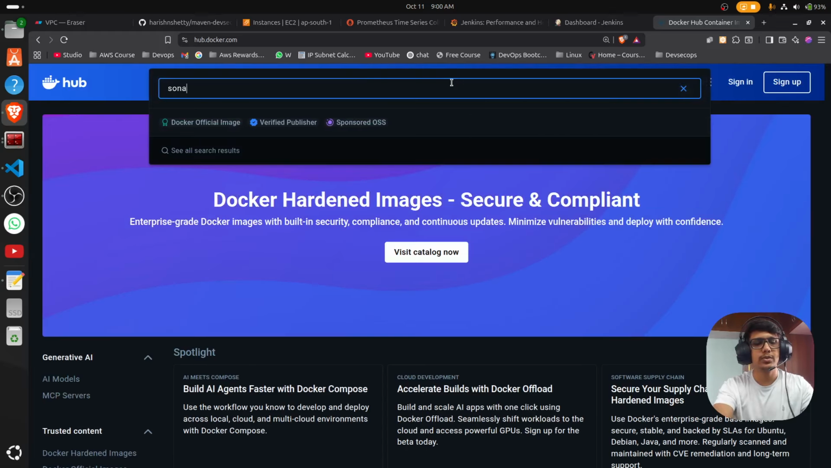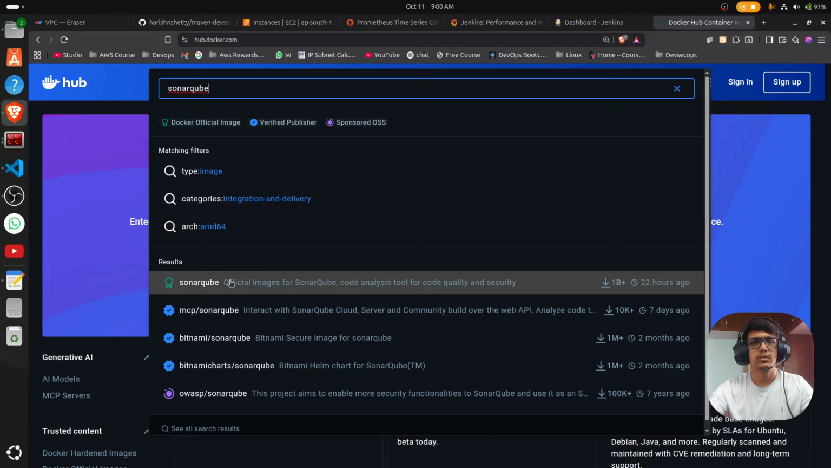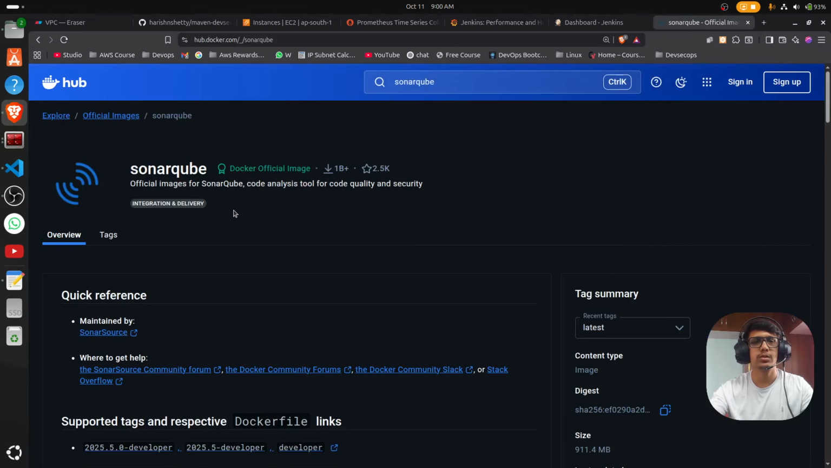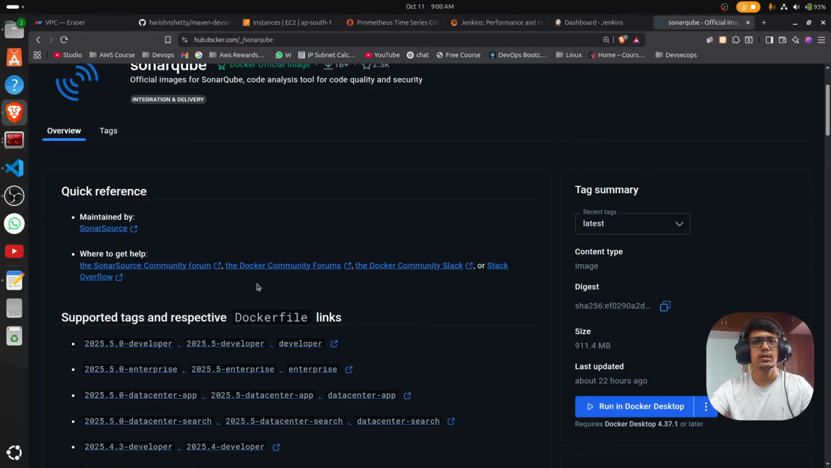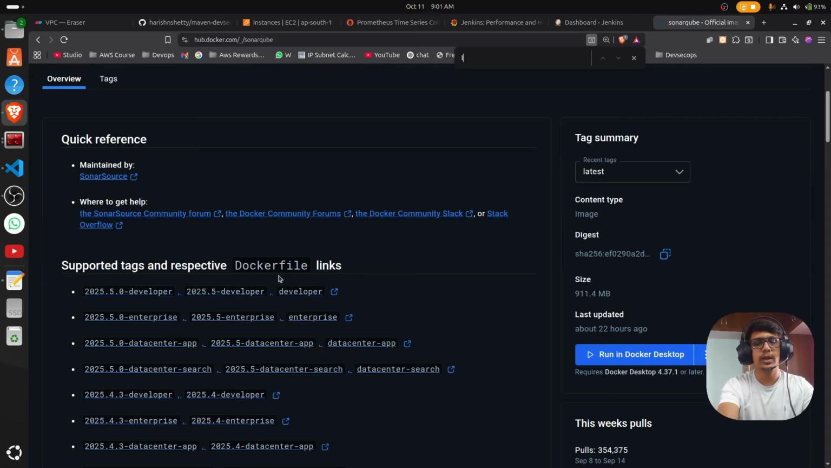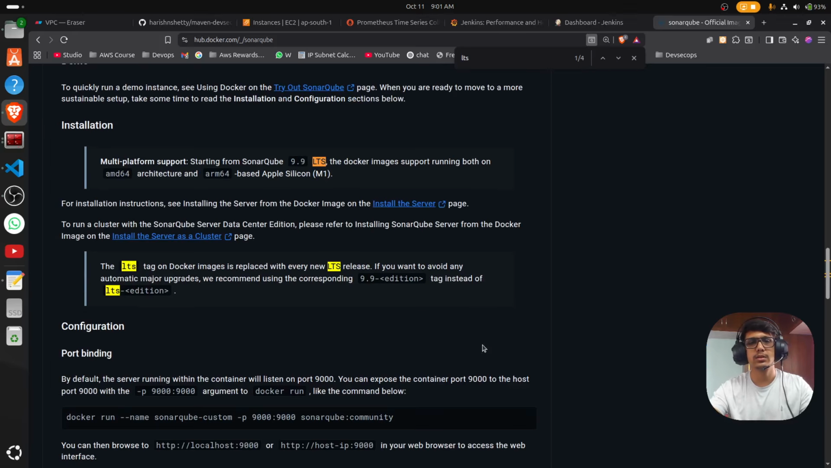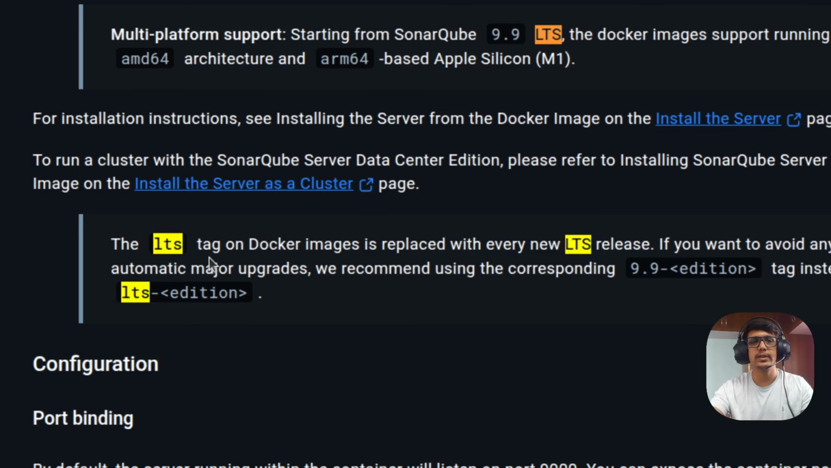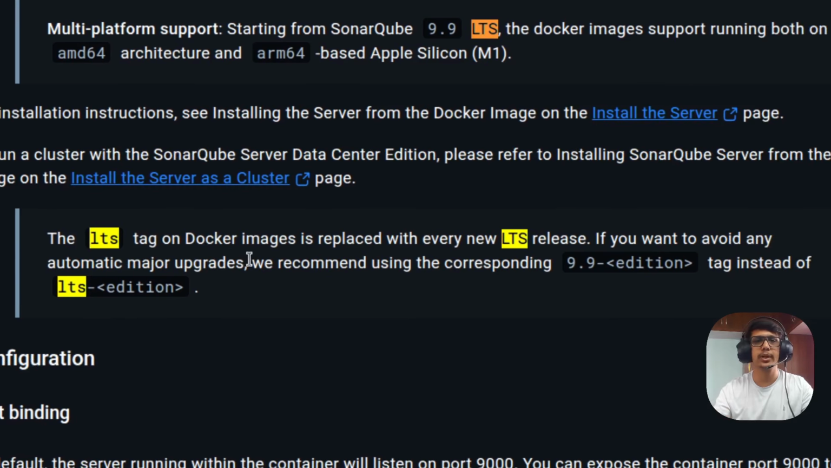Here type SonarQube. This one is the official Docker image. Earlier we were using the LTS community, right? So what will happen here: the LTS tag on the Docker image is replaced with a new LTS release. If you want to avoid any automatic major upgrades, we recommend using the corresponding